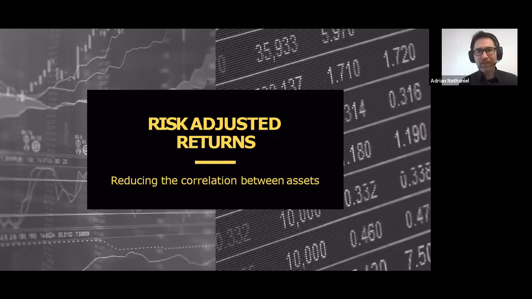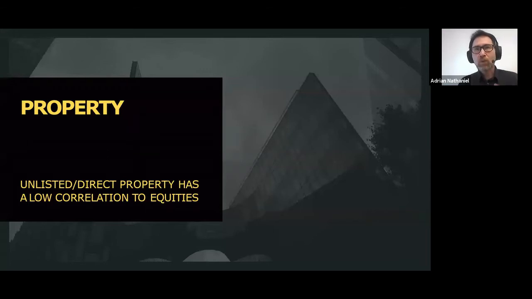And so the aim of a balanced investment portfolio is to diversify across different asset classes that have a low correlation with each other. This is where we start looking for other asset classes, such as property, where you can find funds that have a portion of their holdings unlisted. That means they are directly owned, just like a residential investment property, or even a commercial property that you may own in your portfolio.